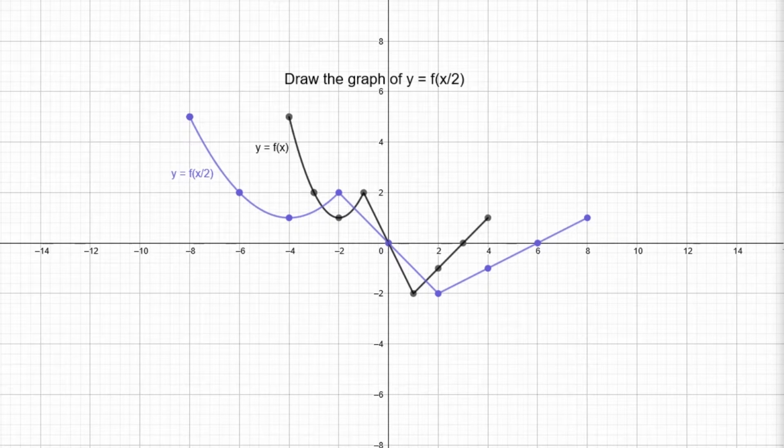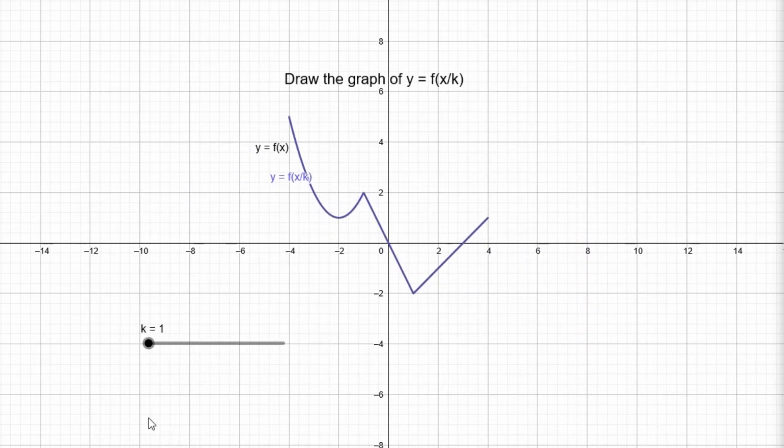Let's check that for other values of k. Let's tidy up the display so it's easier to see. And also let's include something where we can see the value of k. Let's put that down to 1. So if k is 1, of course the curves y equals f of x and y equals f of x divided by k will be the same. x divided by k will just be x. But now if we let k increase,